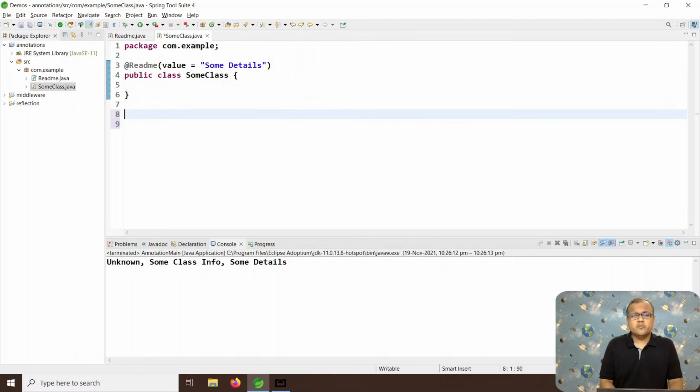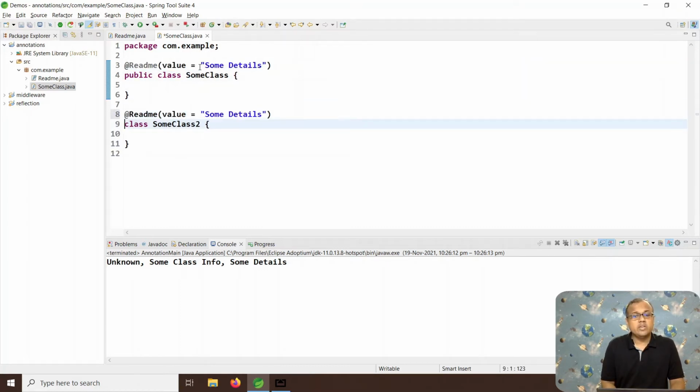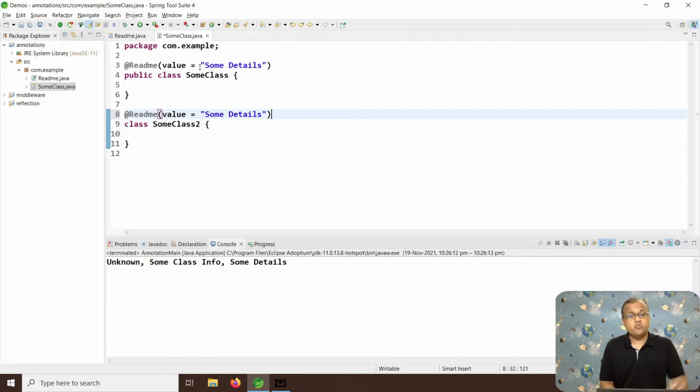But for the sake of example, we can always create some other class as well. Now, for another class, I might want to use the annotation with some more details, and I can specify, let's say, author over here.